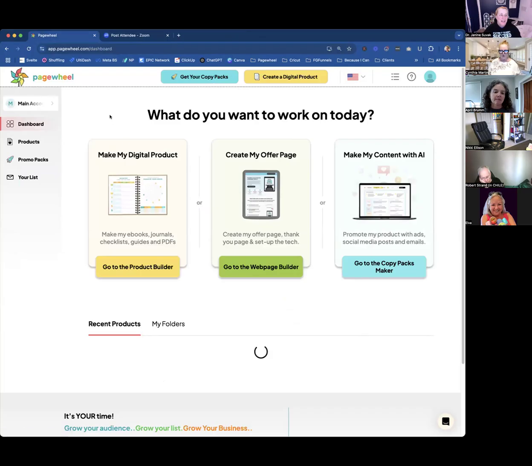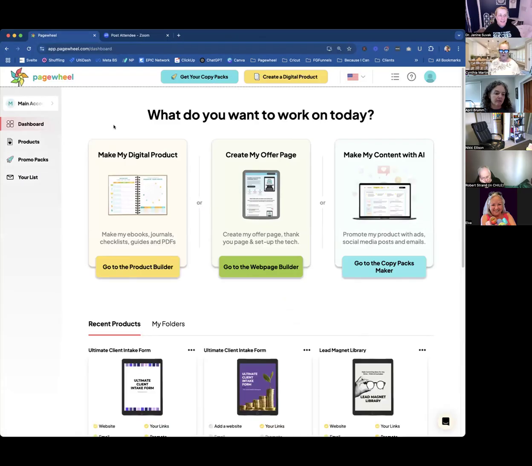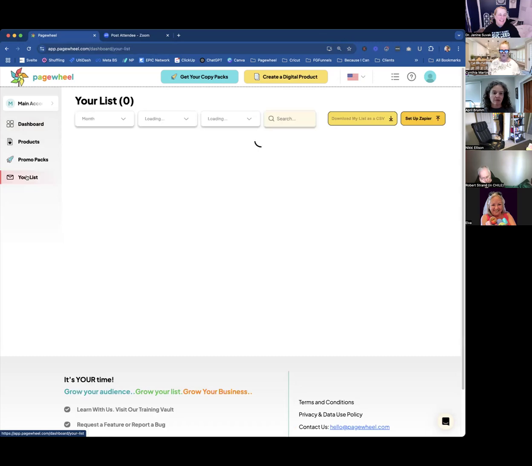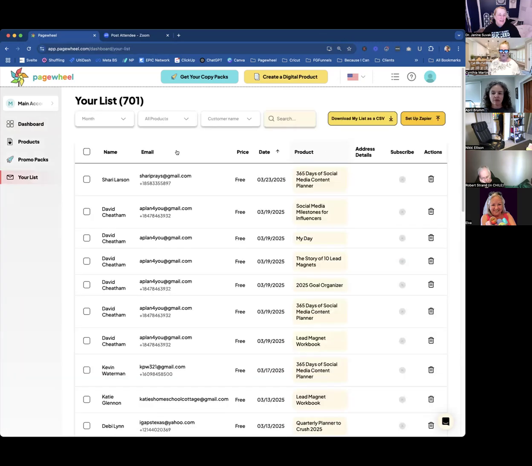That is the amazing Pagewheel product builder. It makes your product, your sales page, your delivery page, your delivery email, connects all the things and puts it out there. Once you start collecting those sales or emails, you can go to your list and you can see, I will blur this out on the video. You can find your things and they're associated with all your various products. And then once you've done that,